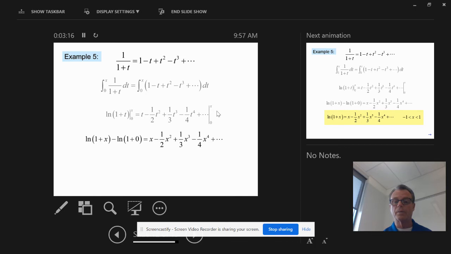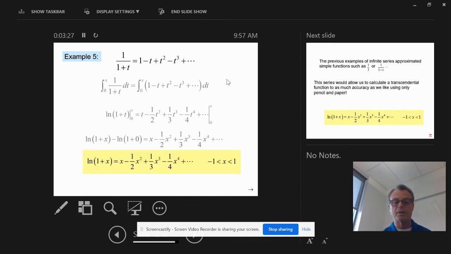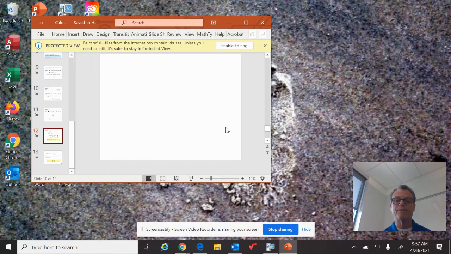And on the right side, we put an x in wherever there's a t, subtract, put a 0 in. Every time we put a 0 in, there's a variable there, so that's going to subtract the 0, so that's not going to affect it. And we're going to be left with what we're looking for, the natural log of mu. And the series for that would look like this. And there's our interval. Okay? So if we go to the PDF,